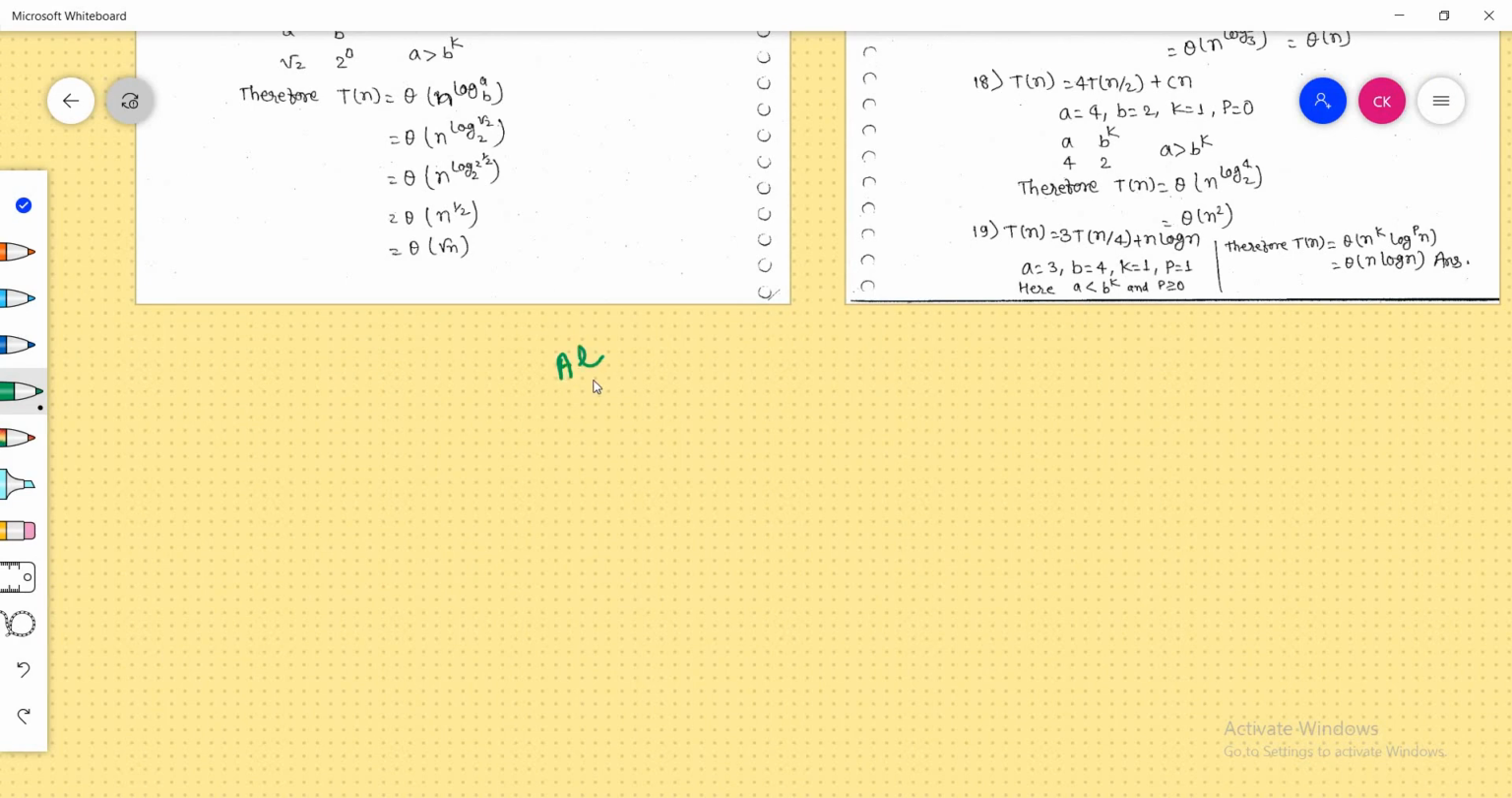Any algorithm can be of two types. One is iterative, and the second one is recursive. And why are we discussing all this time complexity? Because we have to find out